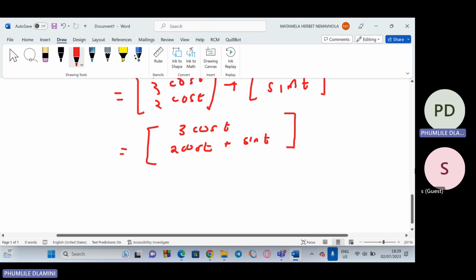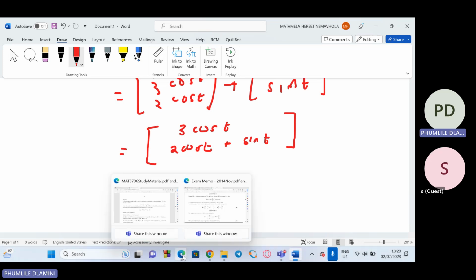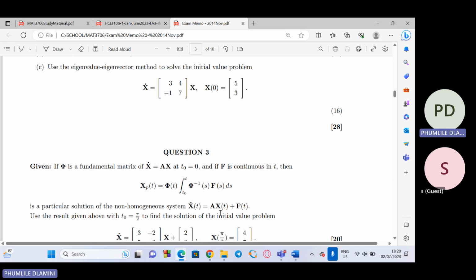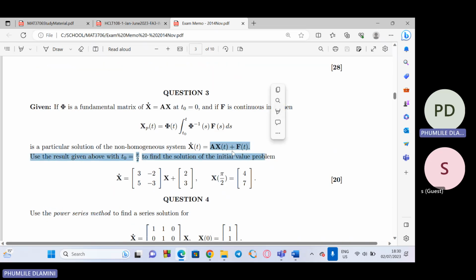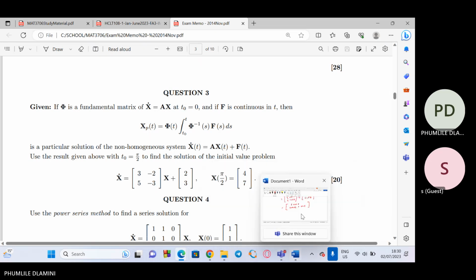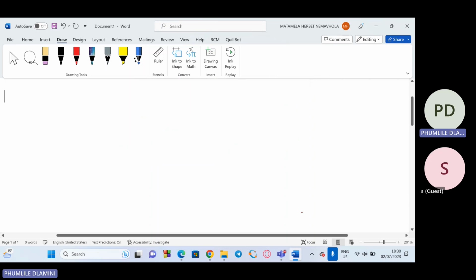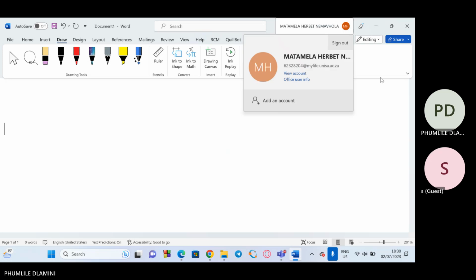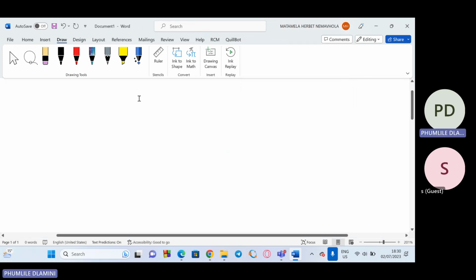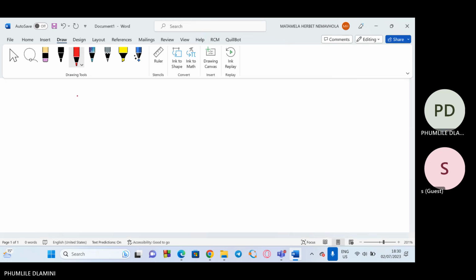So we're going to be left with the other part. So in this question, if we check, we have managed to get this part. The x of t is in this form. So we have managed to get only one form. Then we are going to get the xp. We are going to work with the xp now. So in order to find the xp, you can see the formula. This is the formula for the xp. So I'm going to erase so that I can have a space. So in order to get the xp, our thing of t is going to be equal to,